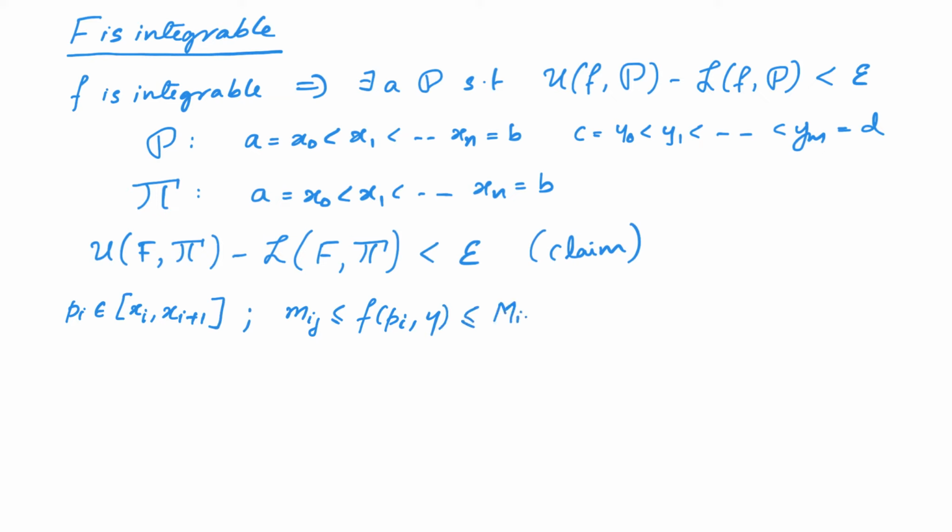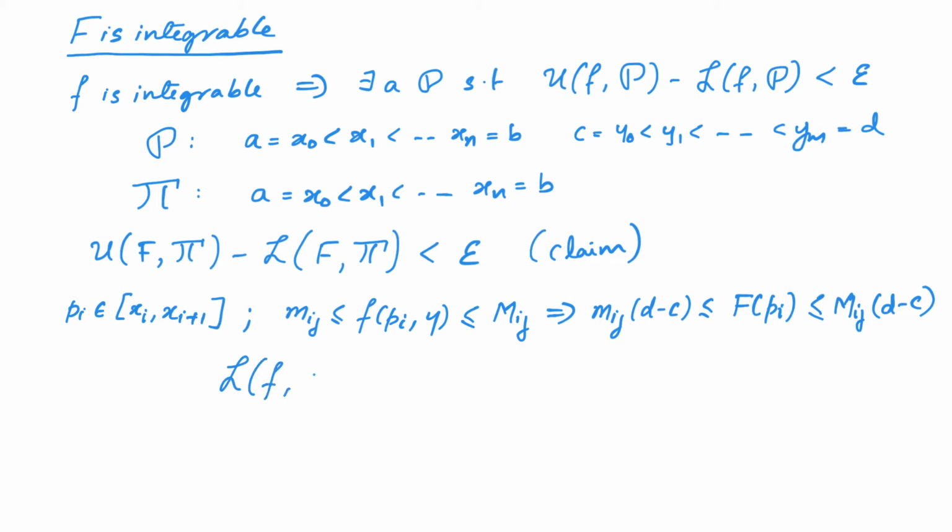Now if we integrate small mij from c to d, we get small mij into d minus c. If we integrate f of pi comma y from c to d, we will get capital F of pi. And if we integrate capital Mij from c to d, we will get capital Mij into d minus c. Therefore, we get this expression. Multiplying by xi plus 1 minus xi and summing it over all i, we will get that the lower sum